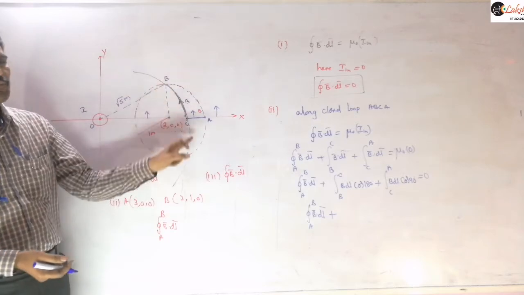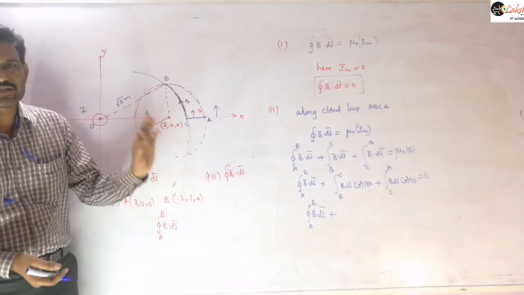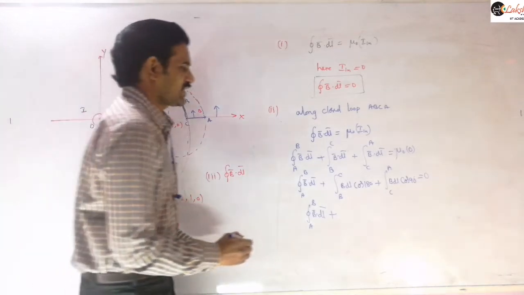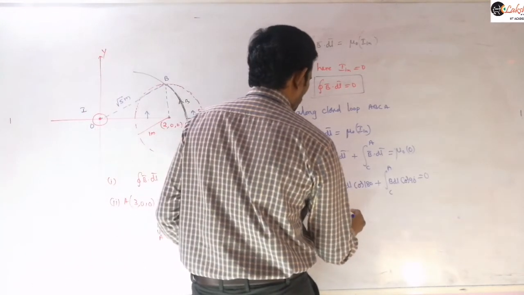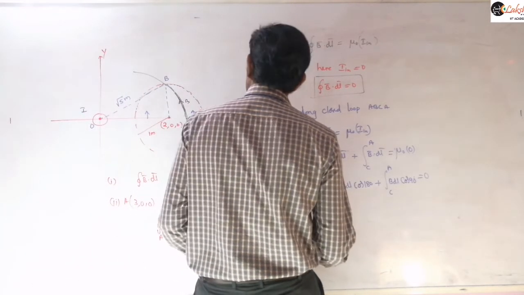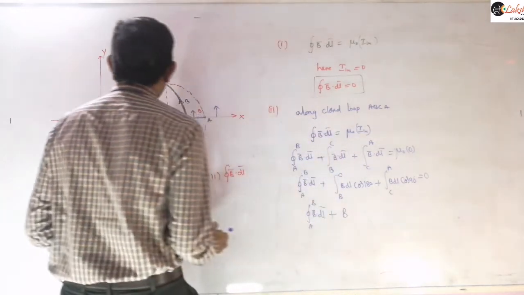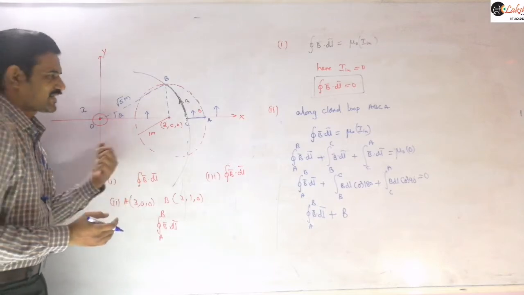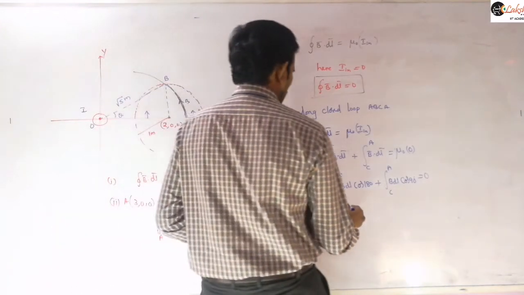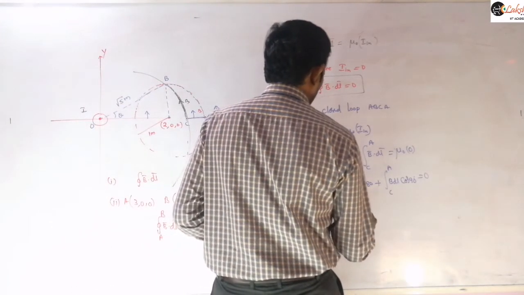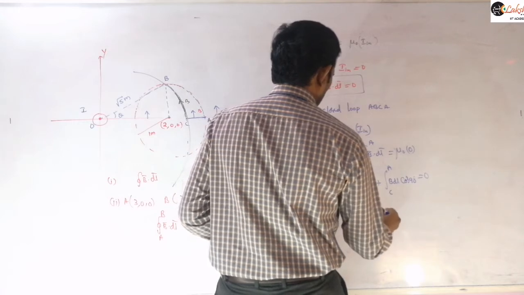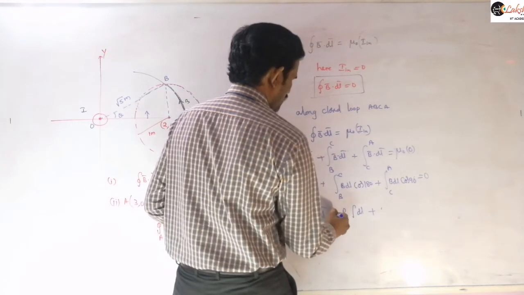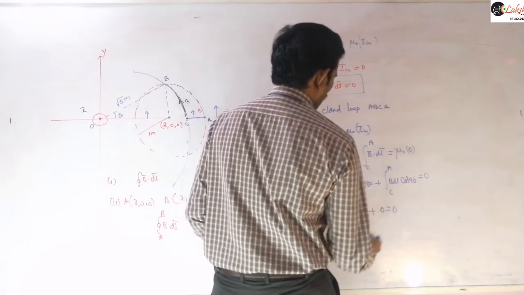So that is why we are choosing point C like that. The magnetic field at any point on this BC will be constant in magnitude, so that we can calculate the integration more easily. So I can write this value as B into the arc length. To find that arc length, suppose I take this angle as some theta. So now we can define that angle. The integral of dl I am writing here, plus this is minus, because of the cos 180. So this is minus plus 0, equal to 0.